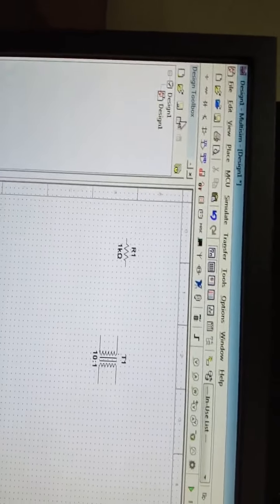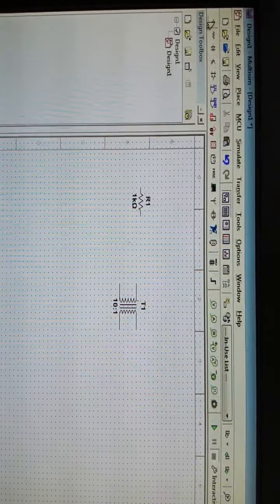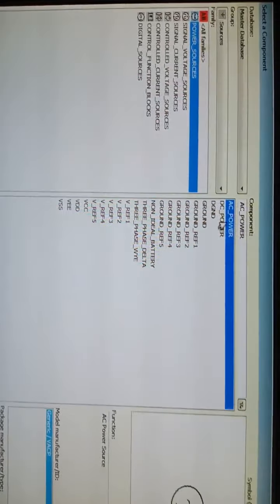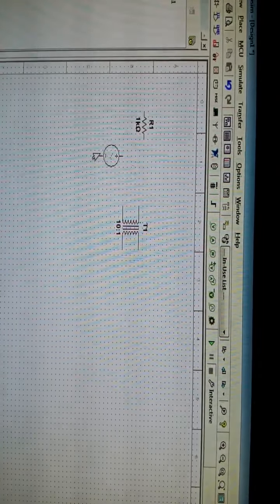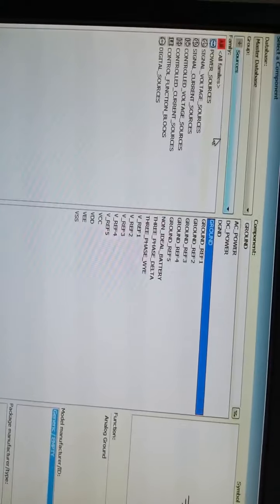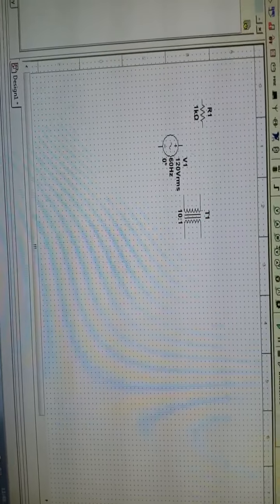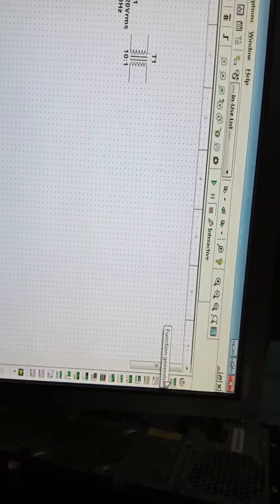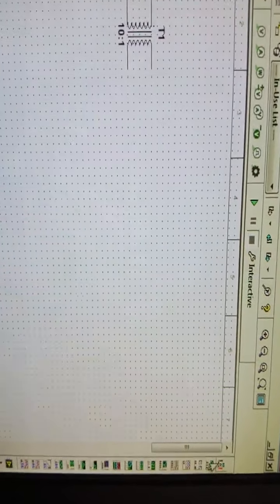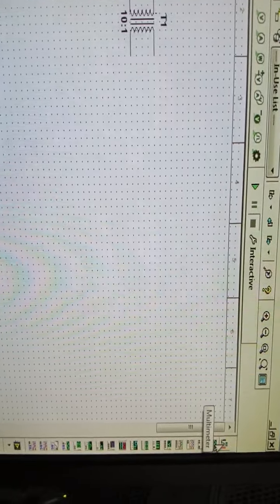Okay, now after the transformer is selected, you have to choose the source. AC source, power source means AC. You want an AC source? Yes. Okay, you can select the AC source. Then you can select ground. The ground symbol is there. You can select the DC source also. Now next, after this, what does the half wave rectifier require? You can see the half wave rectifier DC. DC means simply you can connect the multimeter and check the values.